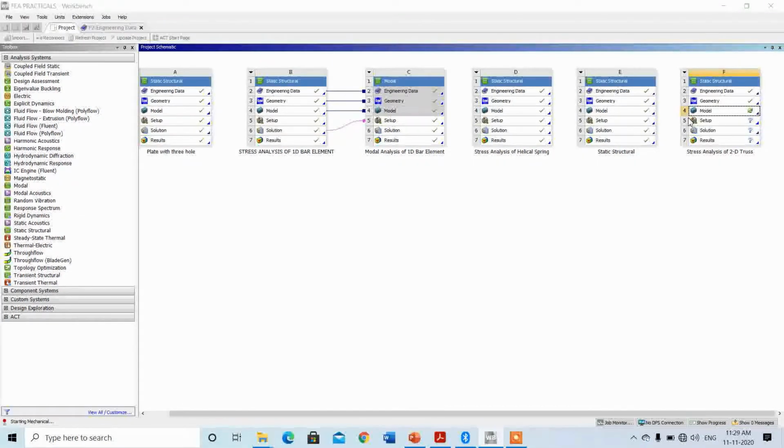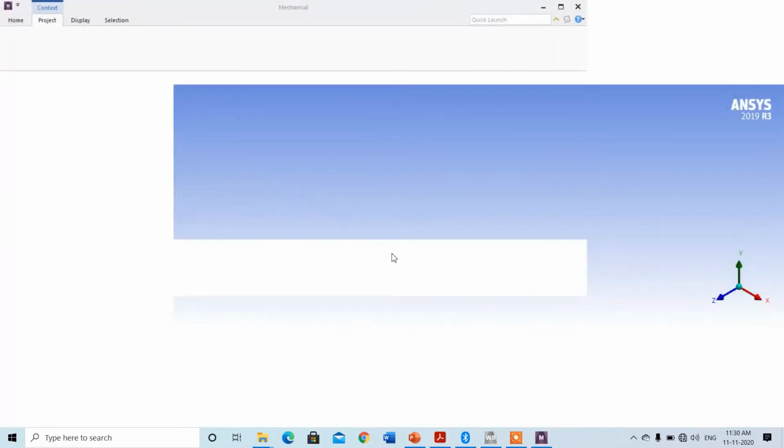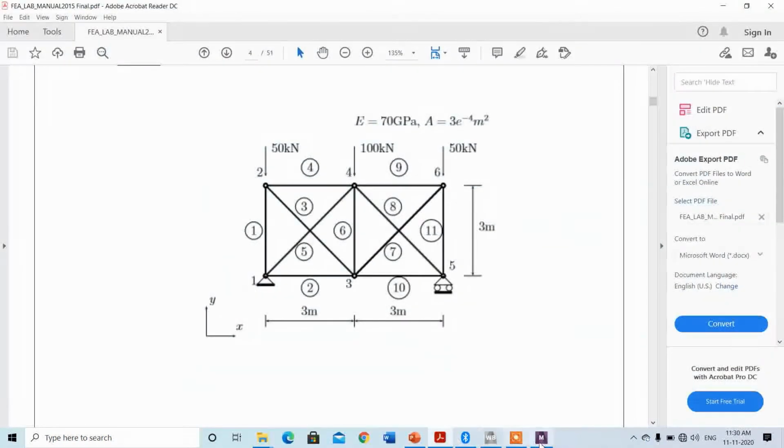The new window will open. Here there is need to provide a boundary condition after meshing. You can check at node number 1. Node number 1 is completely fixed, and node number 5, here the node number 5 can deform in x direction, but the y direction is restricted. Okay, and 3 forces are applied at node number 2, 4 and 6. So first of all, we mesh a body.